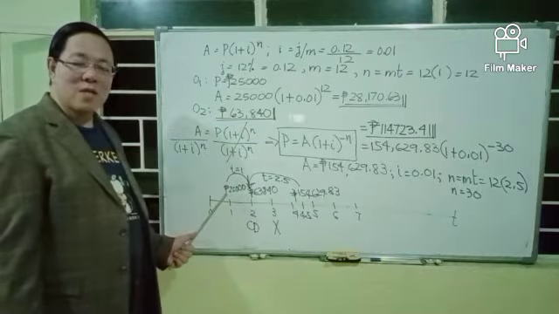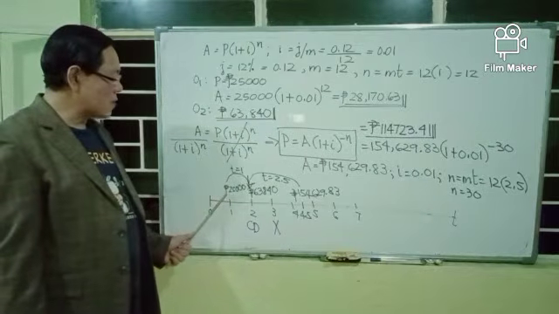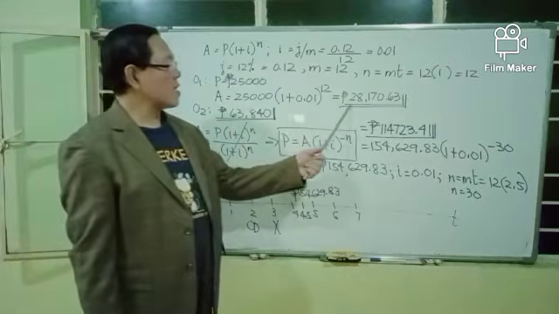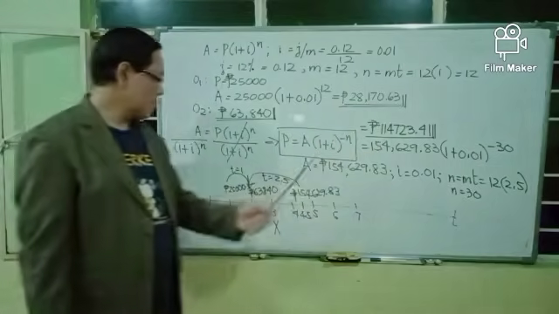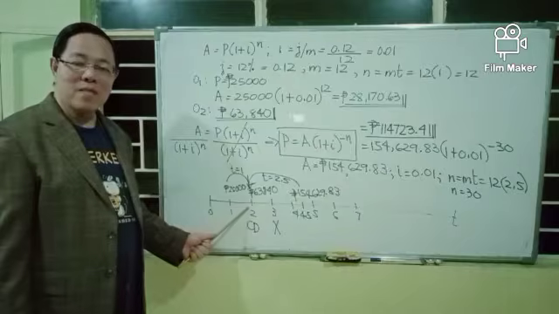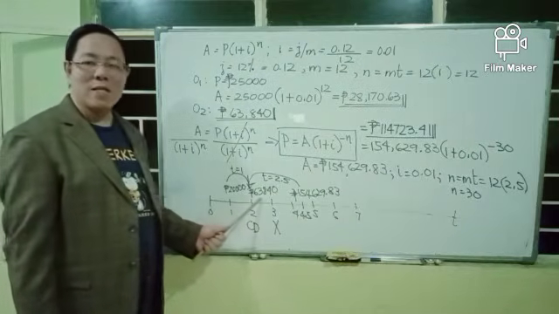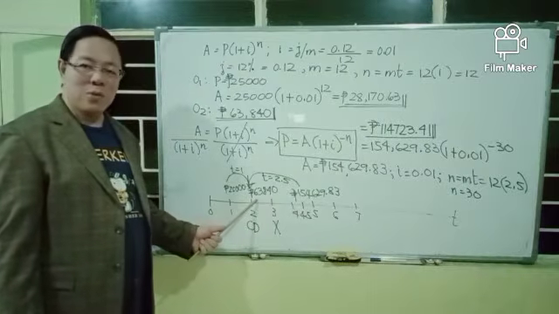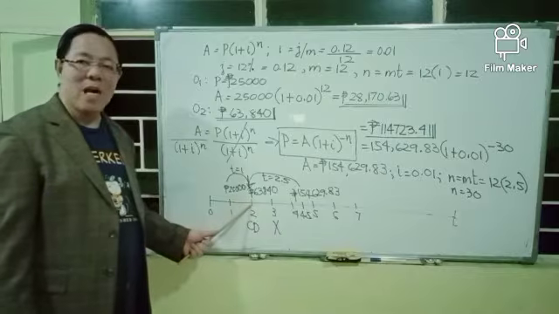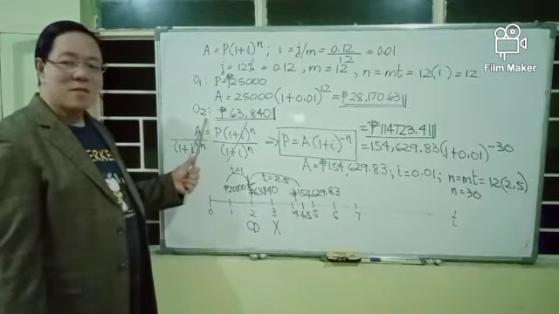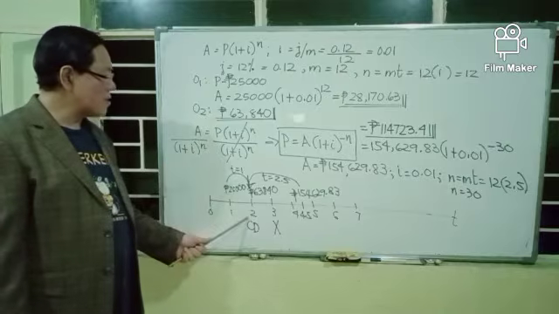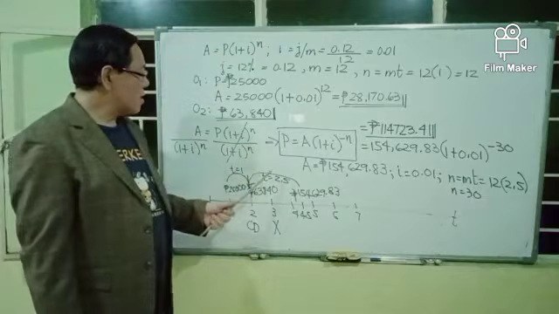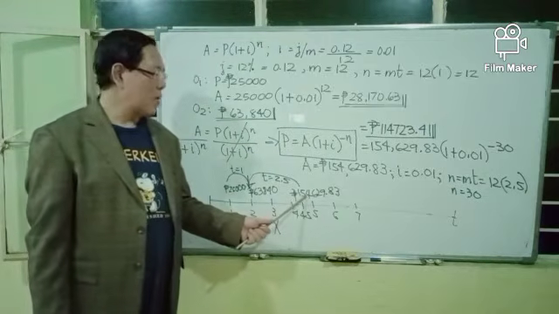The value of the first obligation with maturity value of 25,000 pesos at comparison date of 2 is 28,170.63. The value of the second obligation with maturity value of 63,840 is equal to itself because this maturity value of the second obligation is already at the comparison date. So the second obligation value at the comparison date is 63,840 pesos. And the third obligation with maturity value of